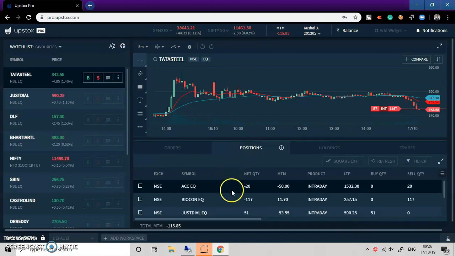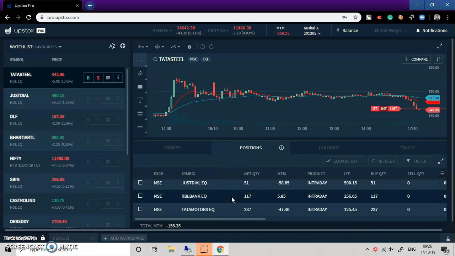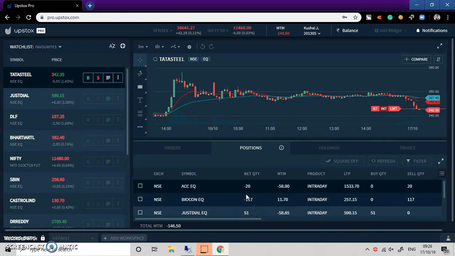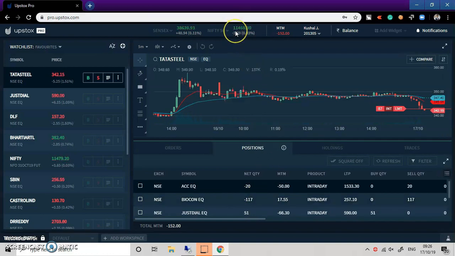Right now you can see in my net position, it is showing me a loss of close to 187 rupees, but this is just 1 minute from the market has started, from the place where we have traded. So I'll do one thing. I'll just let it go that way itself, and we'll come back at around 3 o'clock and check what happened today.